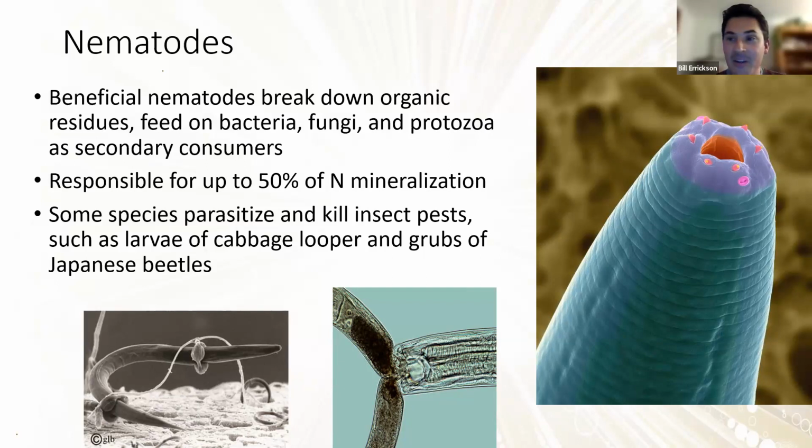Bill, yep, go ahead. The picture on the bottom left is one of my all-time favorites. I love that one. You want to explain the caption on that one? You got me. I can't see the caption, but